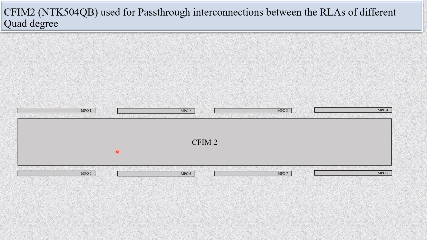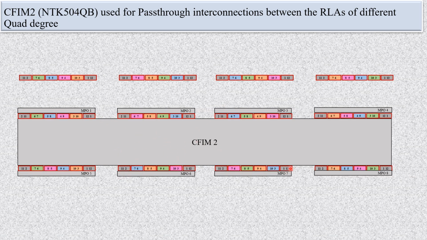CFIM2. Now we have seen how the CFIM2 is used to connect the RLA and CCMD. Now we will see how it is used to pass through interconnection between RLAs of different degree quads. So in the same way, we have taken this CFIM2 MPO port 1, 2, 3, 4, 5, 6, 7, 8. Now you can see